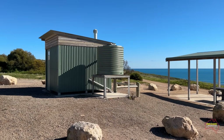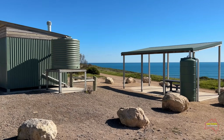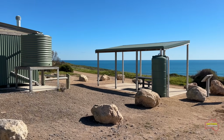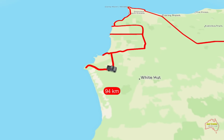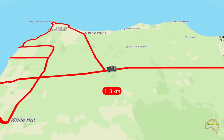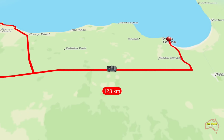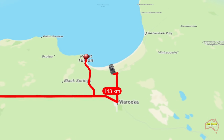We stopped here and ate our lunch and admired the views, and then we started to make our way back towards Flaherty Beach. Being very mindful of the availability of fuel as we headed eventually down towards Marion Bay. Once we got back to Waruka, we stopped there and fueled up, and then continued on towards Flaherty Beach, where